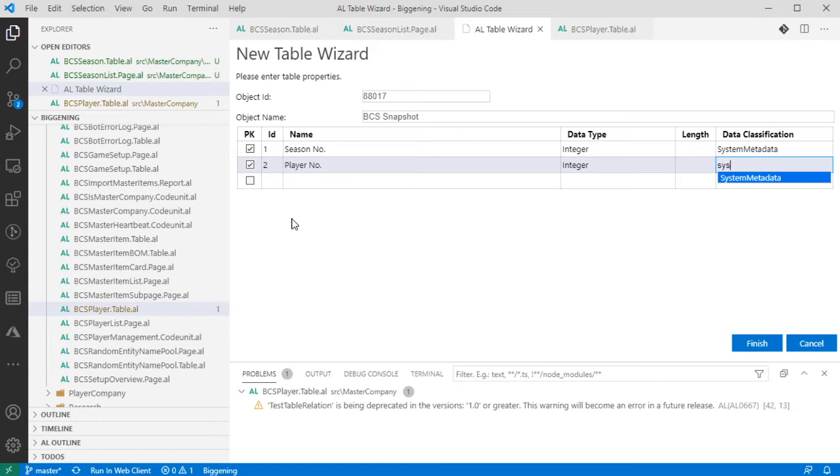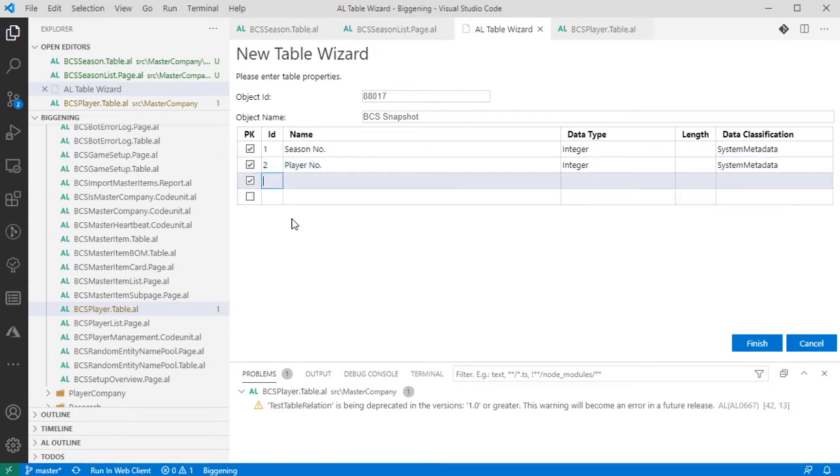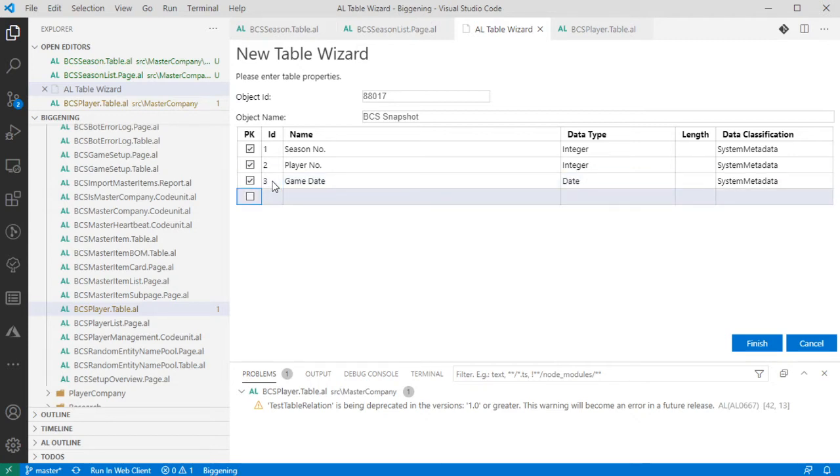Because after all, we can join things, we can pull from other tables, especially with flow fields. Well, why would we want to do this? So for a given season, for a given player, for a given game date, we will have an entry. Beautiful. Okay, and now with this, the snapshot will contain, let's do the wealth balance at date,